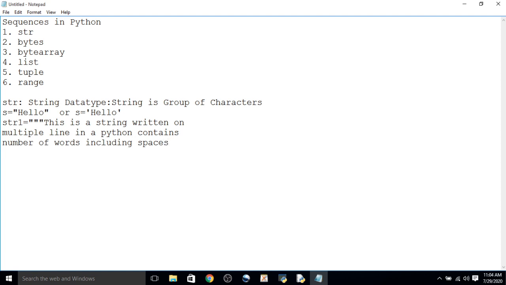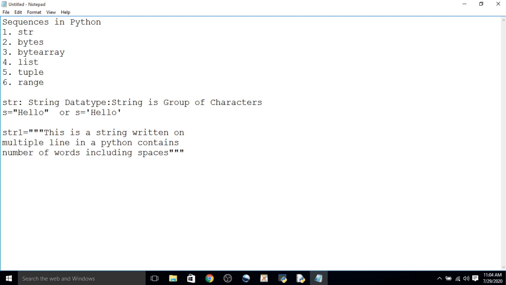We have written that, and at the end we can close it using triple double quotes. In this way we have represented a string that is enclosed in triple single quotes or triple double quotes. So another way of representing a string is that a string can be enclosed in triple double quotes or triple single quotes.